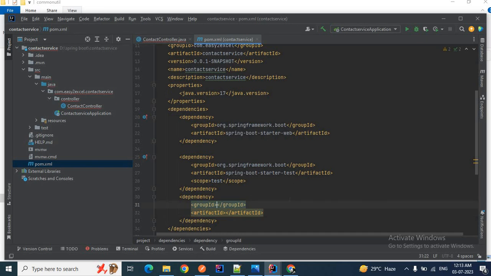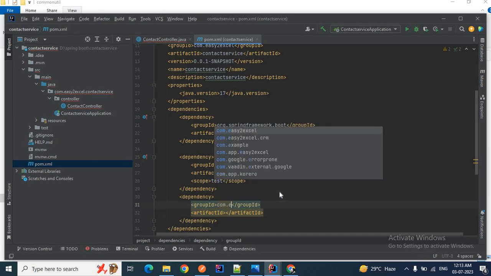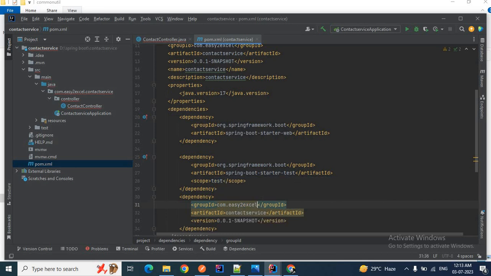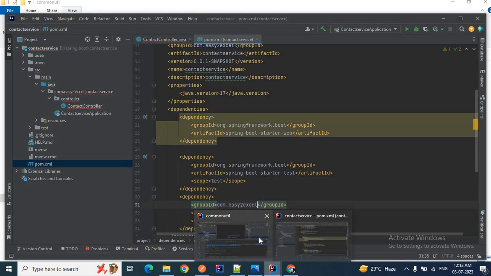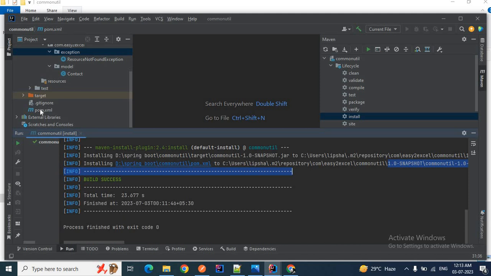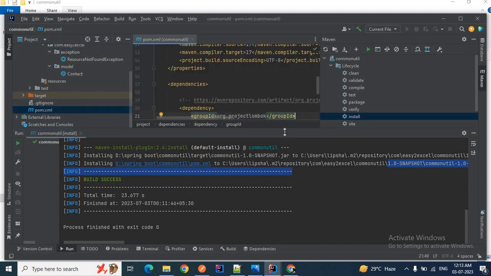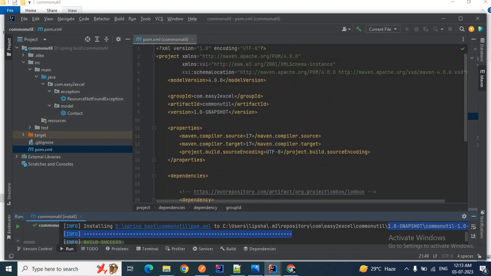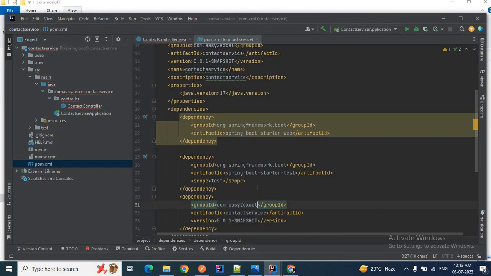So what group ID have we given? com.eg2excel, isn't it? com.eg2excel. This is our group ID for common util. Let me go to my common util so that you can understand what group ID we have provided. See, this is the group ID com.eg2excel and the artifact is common util. So let me just copy it here.